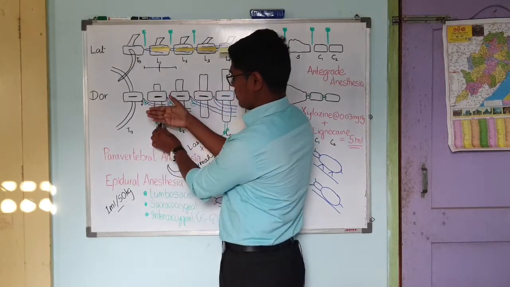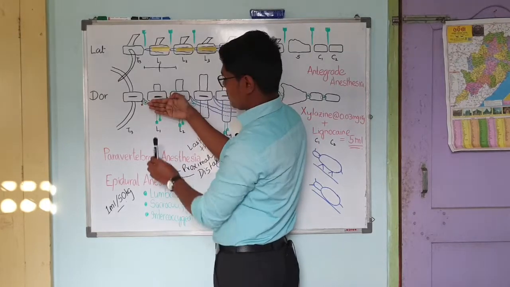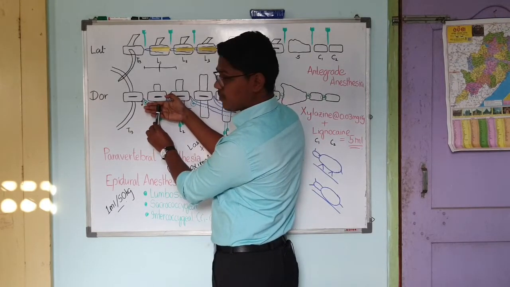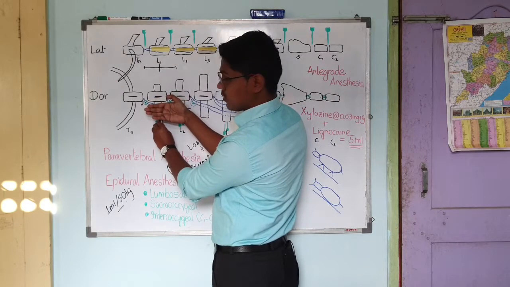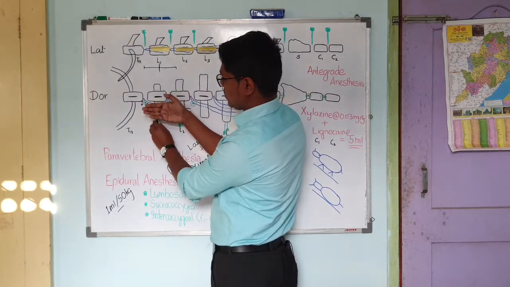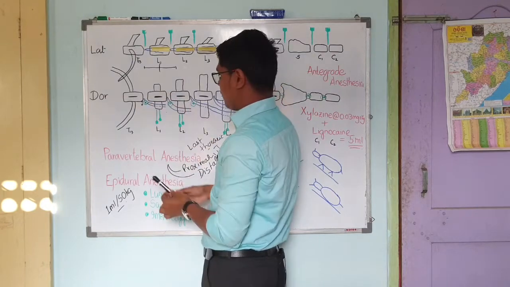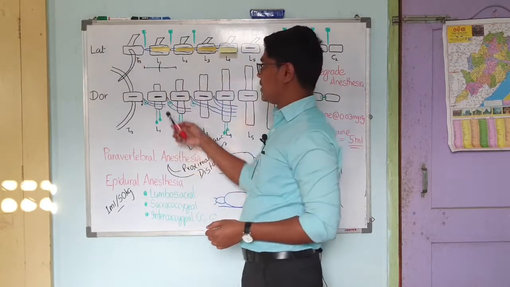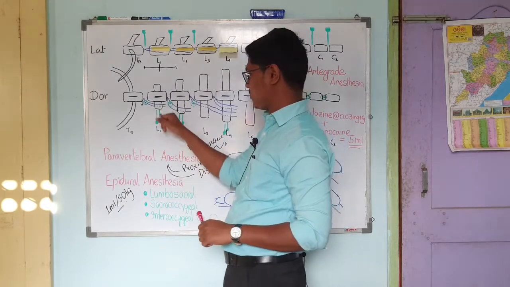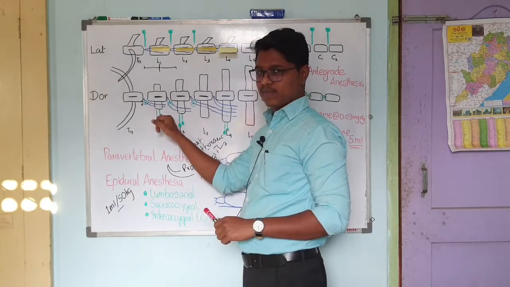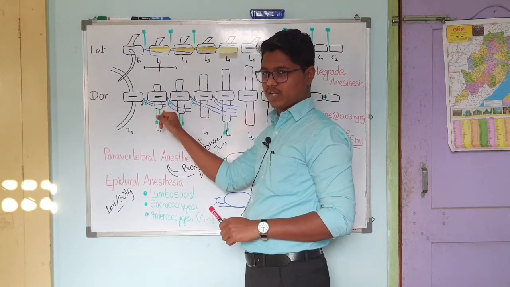You see, if this is the wing, you have to deposit 5 ml in a fan-shaped manner like this. Then insert the needle below the horizontal process, then deposit 5 ml. But this is why it is difficult. Finding the wing of L1 is difficult. So how are we supposed to deposit the 5 ml above the wing and below the wing?